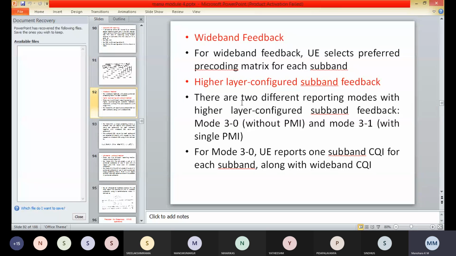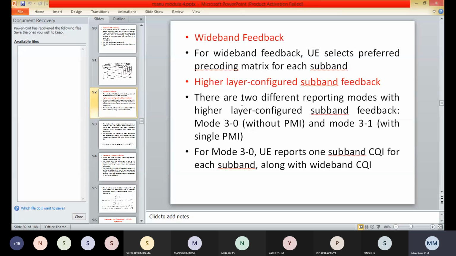Then each user equipment reports one wideband CQI value for each code word, assuming the use of the selected precoding matrix in each subband. It also reports the selected PMI for each subband, that is, multiple PMIs are reported.